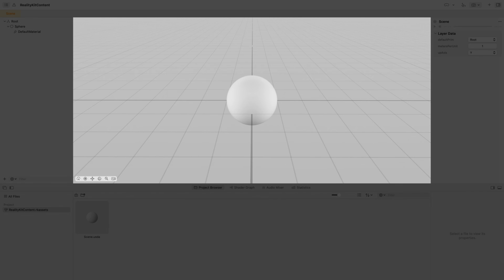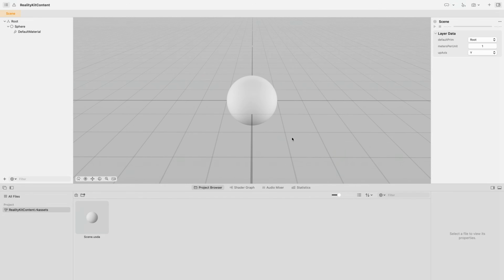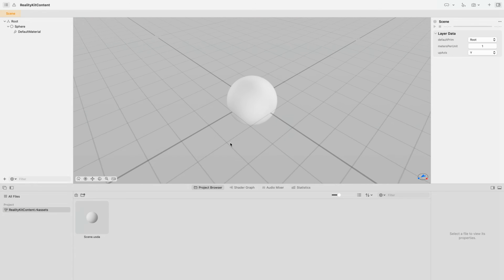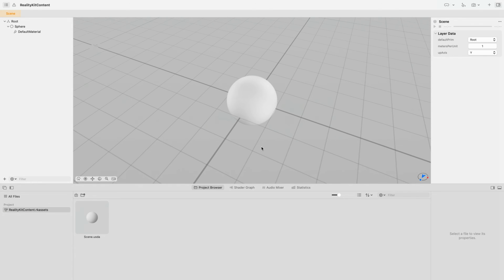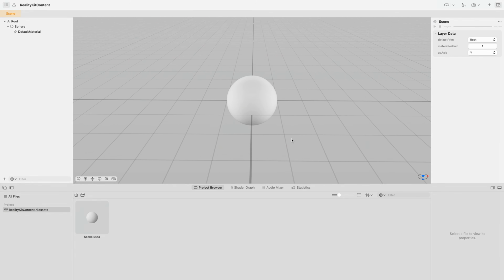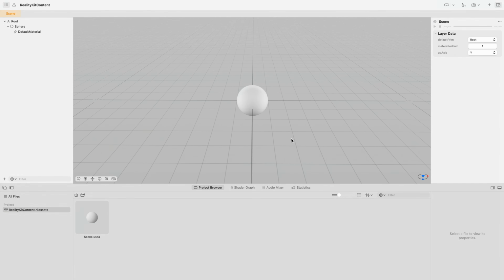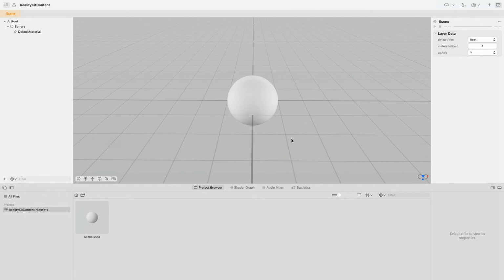In the center, we have the viewport. The viewport allows us to visualize, navigate through, and preview the 3D objects in the scene. We support moving through the viewport using WASD keys, as well as the arrow keys. If we want even more control of the viewport, we can plug in a Mac-compatible game controller and fly through the viewport that way.